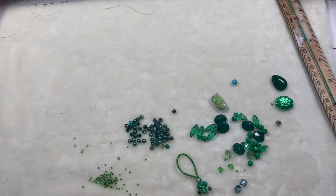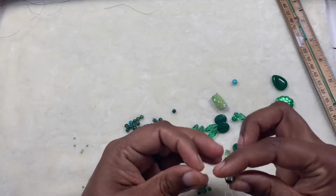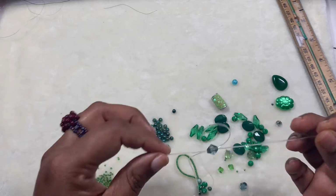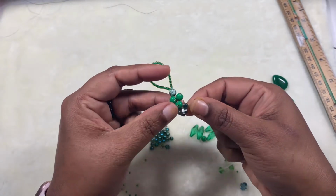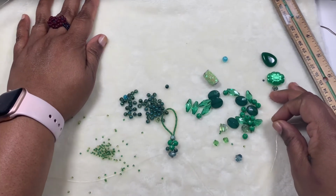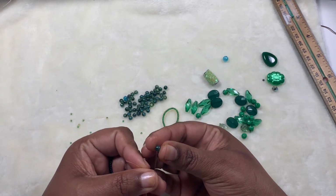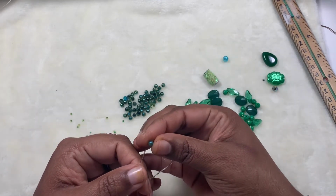And then pick up one, this is 8mm crystal, acrylic crystal. It's not glass. So here we go. I'm crossing it through this. So this is what I have so far. Okay, then what I'm going to do is let me move this a little bit up so that you guys can see what I'm doing, and then pick up 2 of the seed beads on either ones,